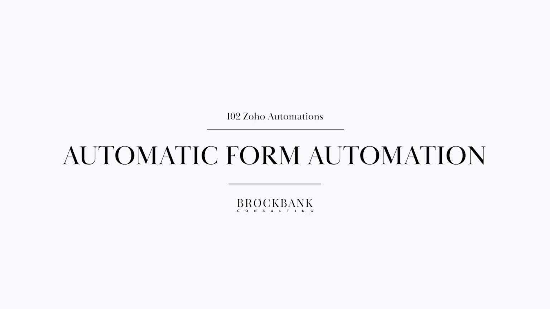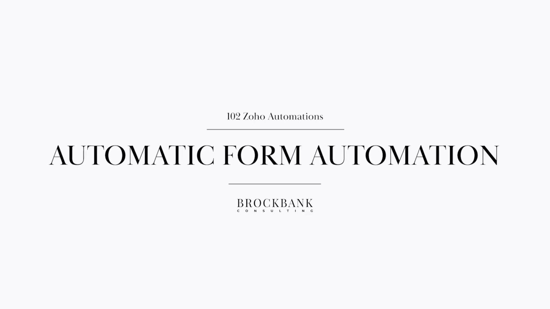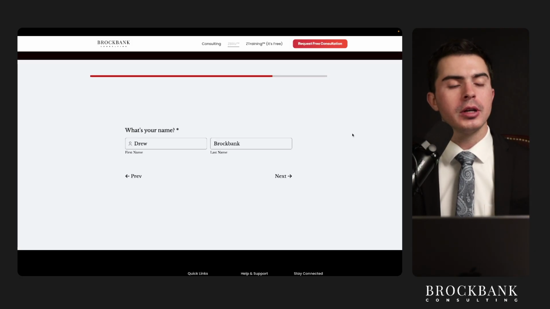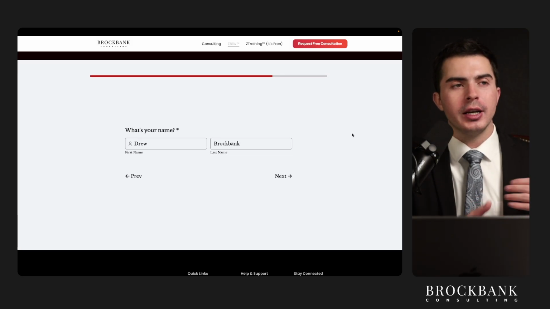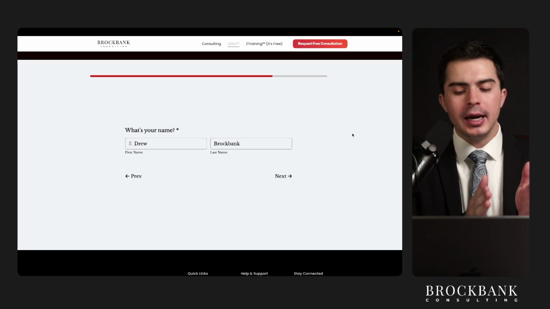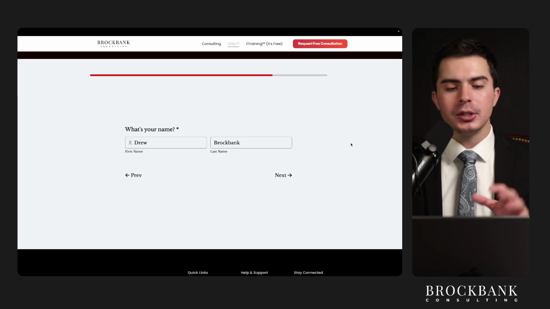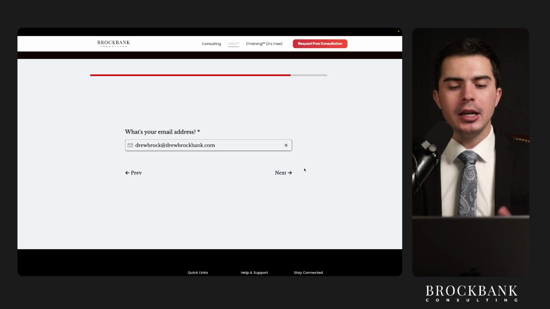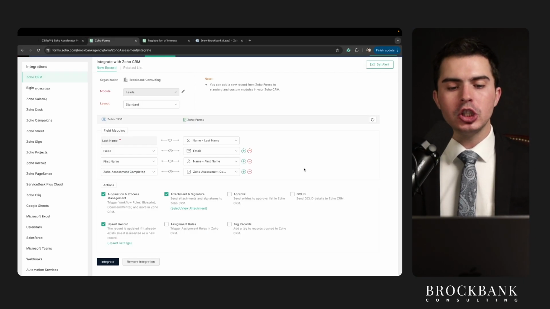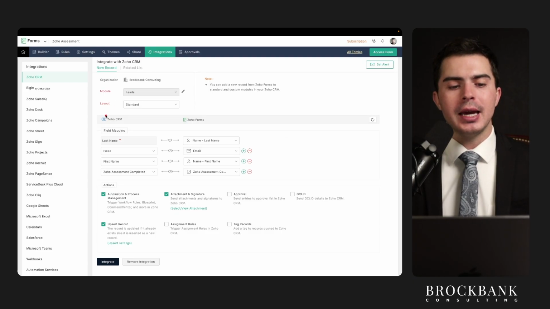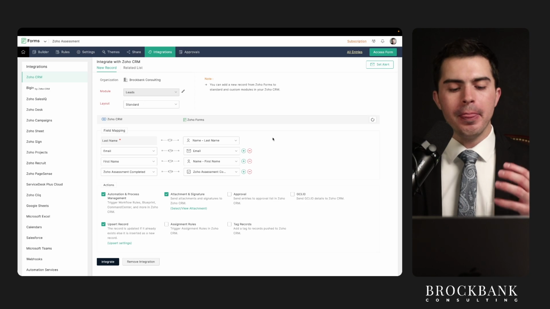If you have a form on your website like this, or you have a form that you've created inside of Zoho Forms or another form builder that you send to other people to collect information, you want a record created inside the CRM, or you want a record updated inside of the CRM, then you want form automation, okay? And the nice thing about Zoho Forms is I've embedded a Zoho form here on my website, filling this out, and you'll notice after a submission, there is a Zoho Forms, Zoho CRM mapping section where I'm basically setting up